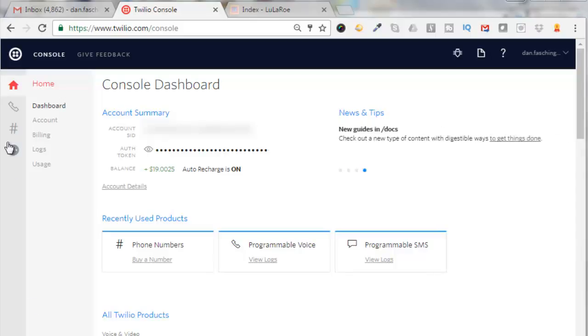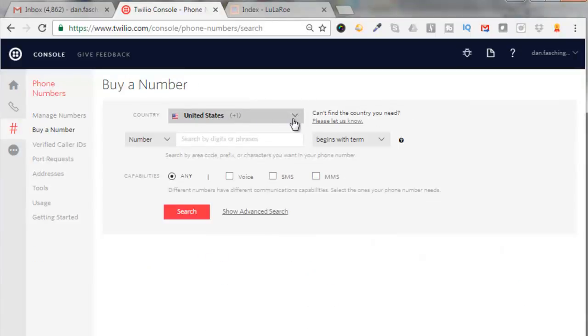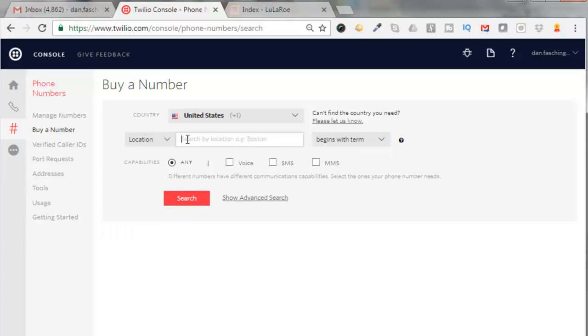So I'll click on this pound sign here, which is phone numbers, and come down here and click on buy a number. And I'm looking for a number in the United States, but you could use this pull down and select all these other countries if you'd like. But currently, since LuLaRoe is only in the United States, I would definitely have to pick United States. And then for number, you can enter in a location. So I'm going to put in our hometown here,